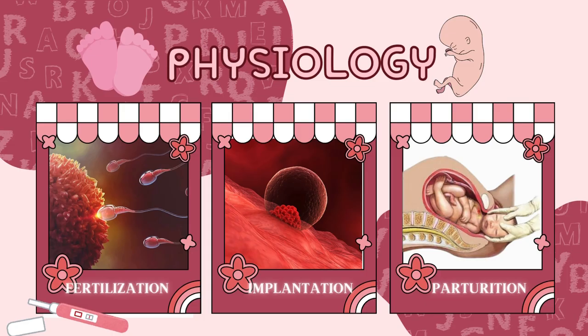Then we move to physiology. The first physiological event that occurs in the female reproductive system is fertilization, where sperm enters the fallopian tube and fuses with the secondary oocyte, forming a zygote. First things first, as we know, the ovary produces the secondary oocyte and releases it to the fallopian tube. But when sperm is released into the vagina, there are a few barriers before it can reach the uterine tubes. The first barrier is vaginal pH. Not every sperm is able to survive inside the vagina due to its acidic environment.